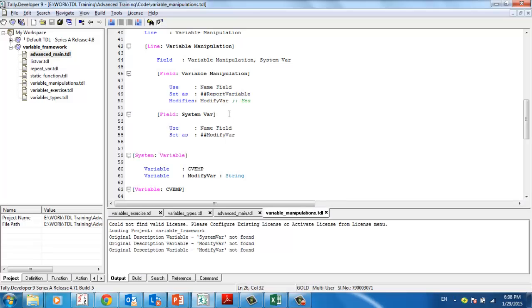So now what I'll do is I'll give a modify variable, and then I'll give the second parameter. We already saw that if it is true, that is if it is yes, then the value in the variable will get modified to the field value as soon as I accept this field. If I have not specified any second parameter, or if I have specified no, then the value in the variable gets modified with the value of the field only after the report acceptance that we saw just now. So we'll say yes,